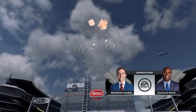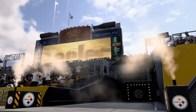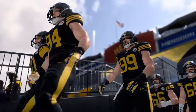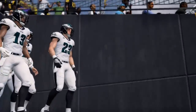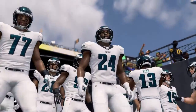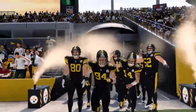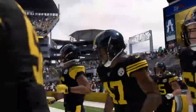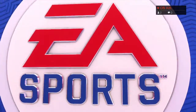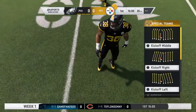Okay, Coach, we are at the confluence of the Ohio, Allegheny, and Monongahela Rivers at Heinz Field in Pittsburgh, PA. Nothing like the fanfare of introductions to an NFL game, and that was in evidence a moment ago. Fireworks, pyrotechnics, you name it. This crowd is ready as their guys get set to match up between the Philadelphia Eagles and the Pittsburgh Steelers. With my good friend Charles Davis, I'm Brandon Gaudin. And Charles, we have arrived at a...